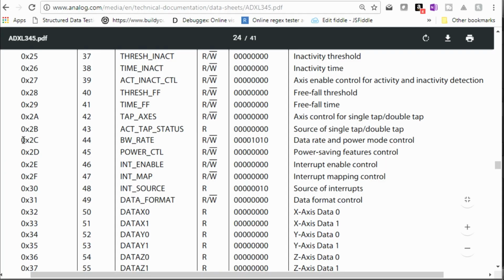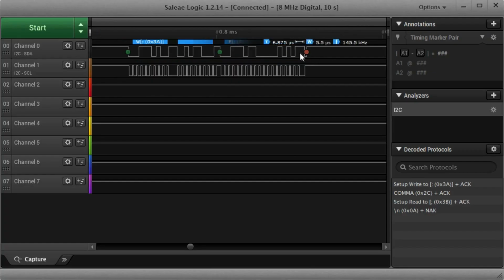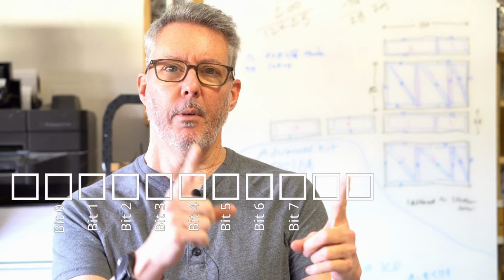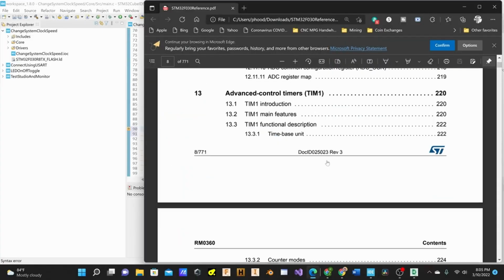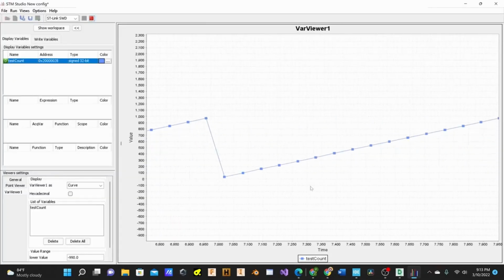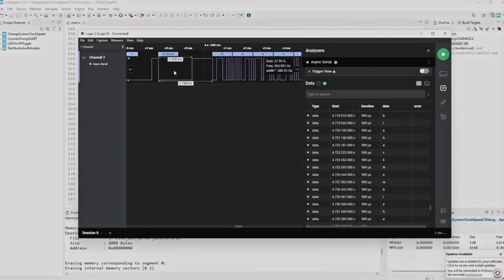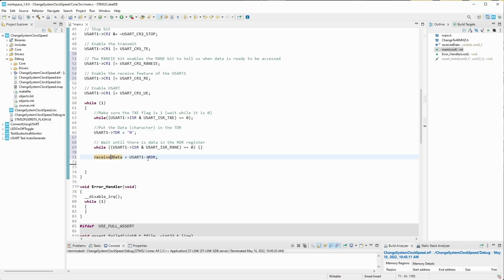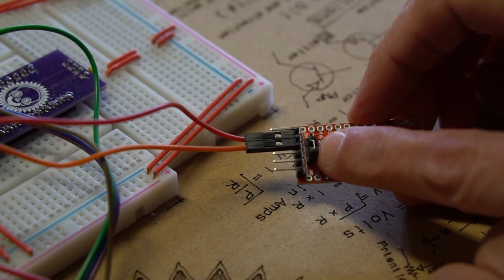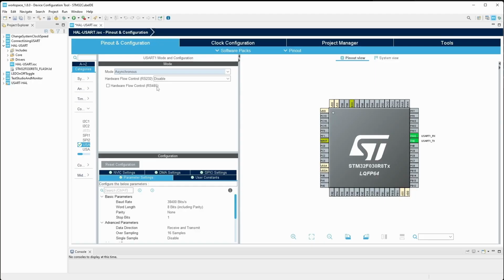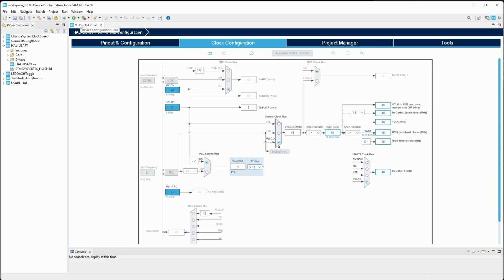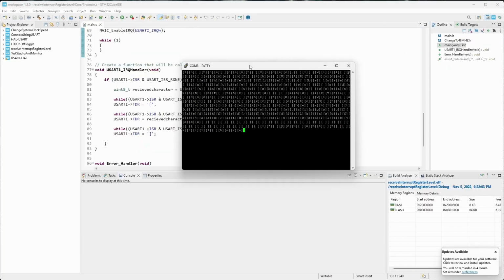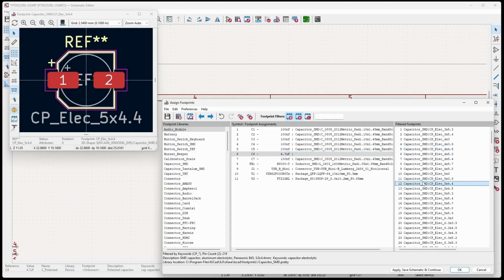byte, communicating with the ADXL 345 accelerometer using I2C, reading a single byte, introduction to USART and other communication protocols, changing the clock speed to 48 MHz because we'll be using that with the USART, transferring using the USART, receiving a character using USART, transmitting a character to a computer using USART with automatic code generation by CubeMX, and getting a taste of HAL, which is the hardware abstraction layer, receiving from a computer using interrupts,